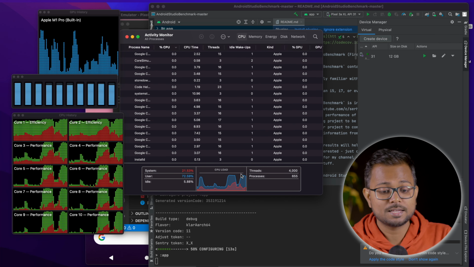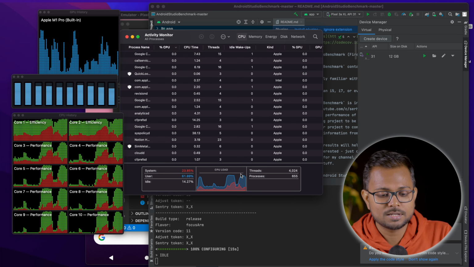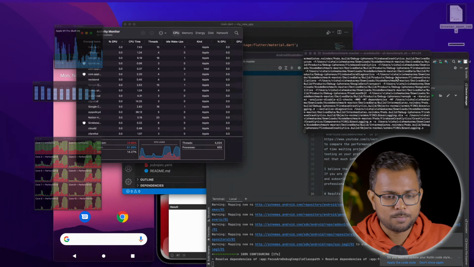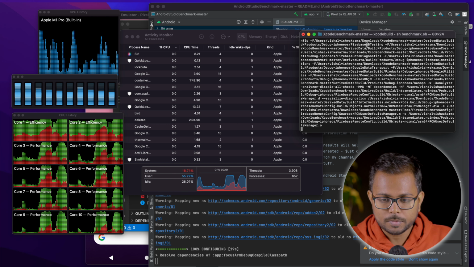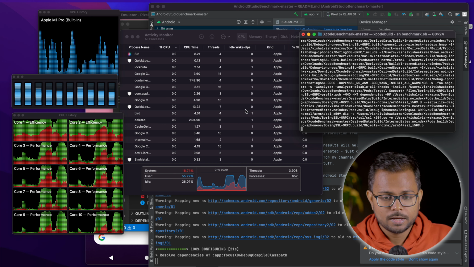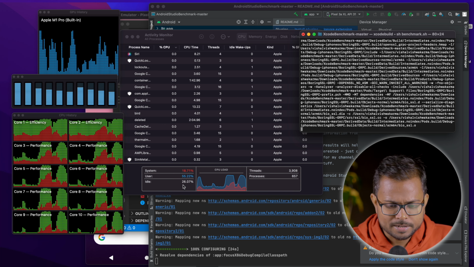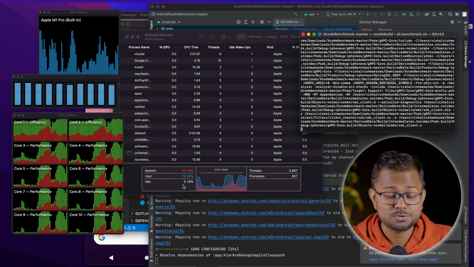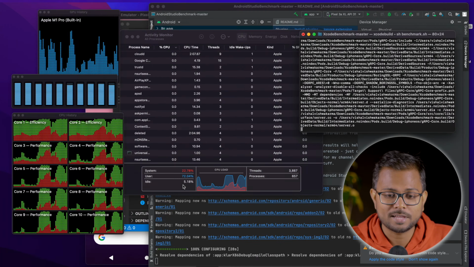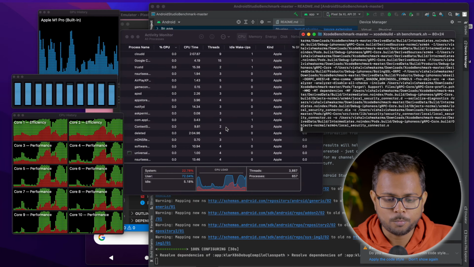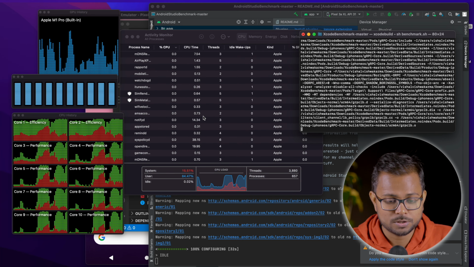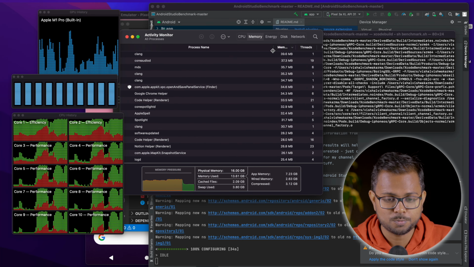The CPU idleness has decreased to around 10 to 14%. And by the way, I think the Xcode is also building up. But we can see that the idleness is around 26% in the CPU. That's great, that's huge. Everything has become snappy again, there's no issues here. The CPU idleness has decreased to 0% now.